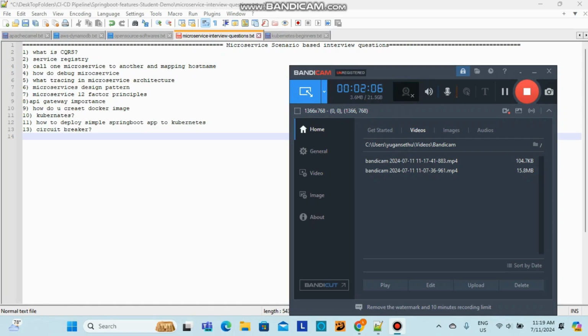We split the traffic distribution, and based on the success rate, we gradually increase the traffic to the new version of the microservice, and then move the traffic to 100%. That's what we do in microservice architecture. This is one example, the decomposition pattern.